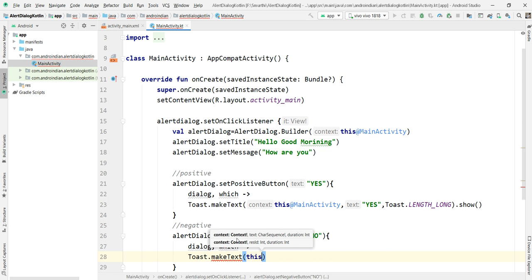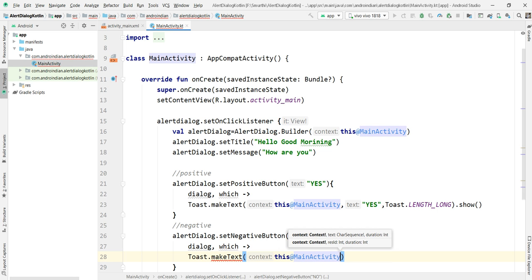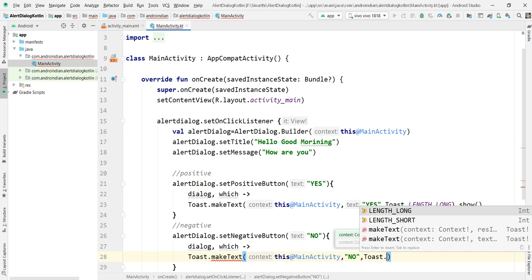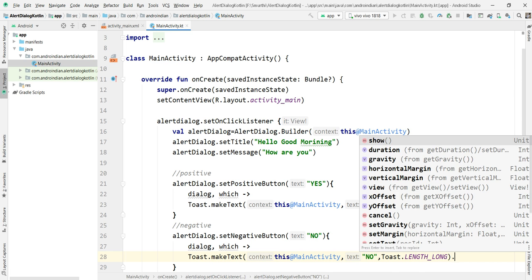Here this at main activity. Then here I want to display no, then the length, and finally dot show.